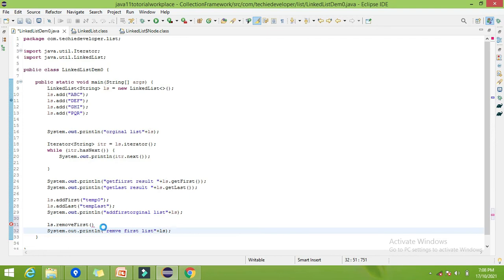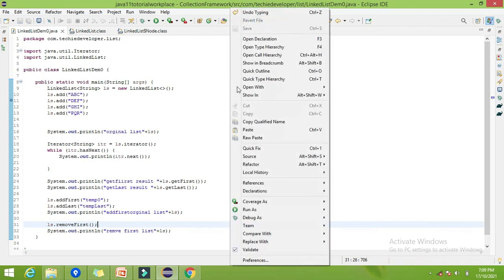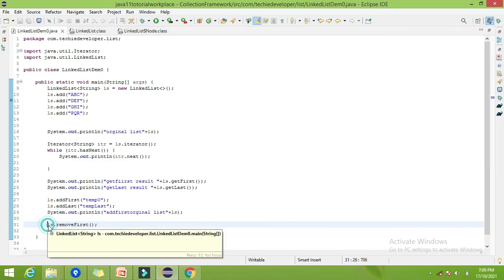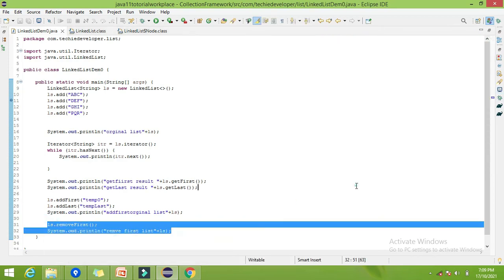That's it. Now try to run. I missed the semicolon here. So here you can find temp 0, whatever we added initially, is removed. That was the first element. The first element is removed, and we are getting all the remaining elements as they are. So that is removeFirst. RemoveFirst will remove the first element from the list.